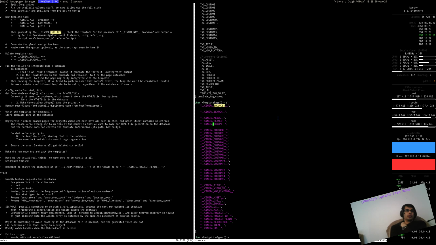Now I could have chosen to put that into the Cinera includes and defer it. That's one way I could do it. I didn't know about defer at the time, so that's one way I could do it now. I don't think I'm going to do that though. I think I'm going to simply merge these two things into the Cinera player, and that's how it goes. In effect, it means deleting those template tags. So there's that to do, and